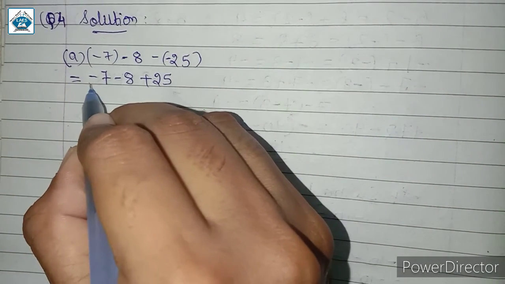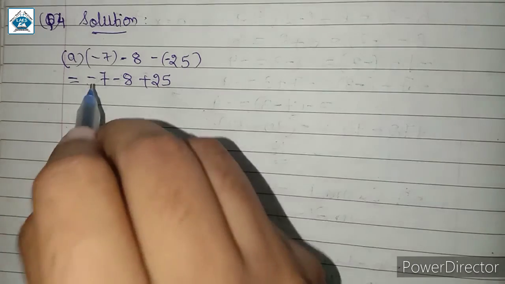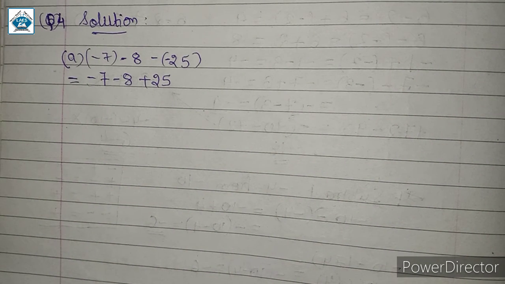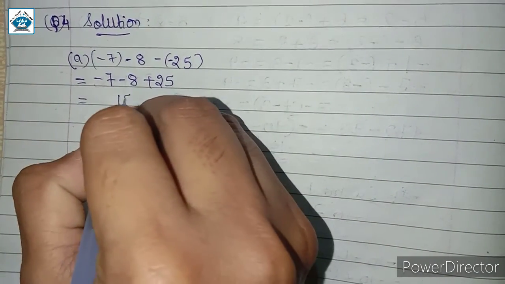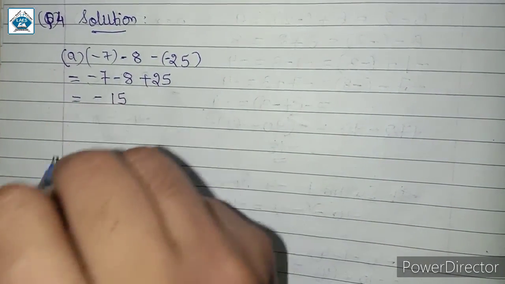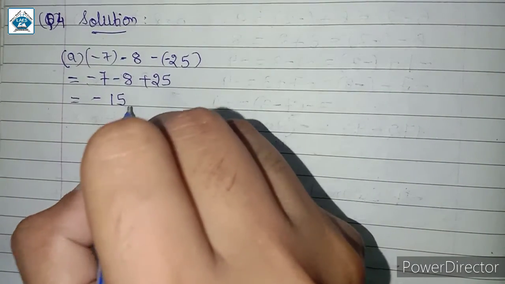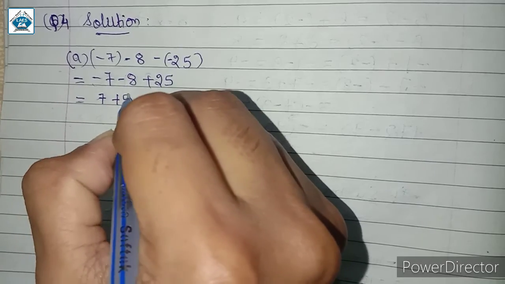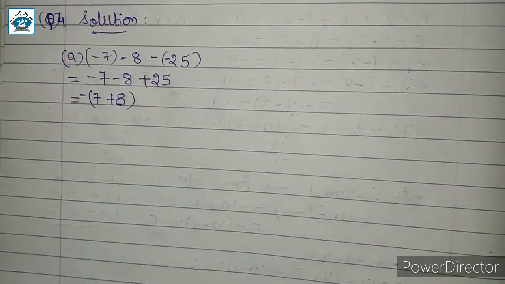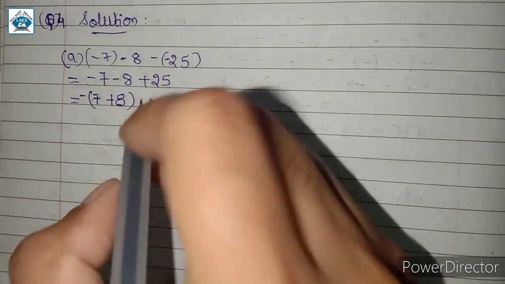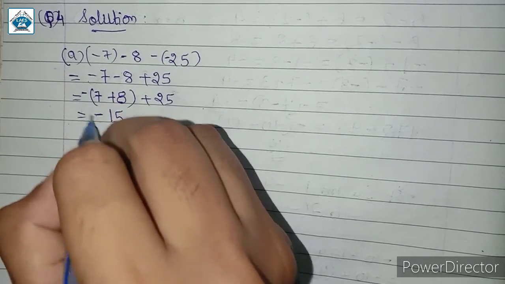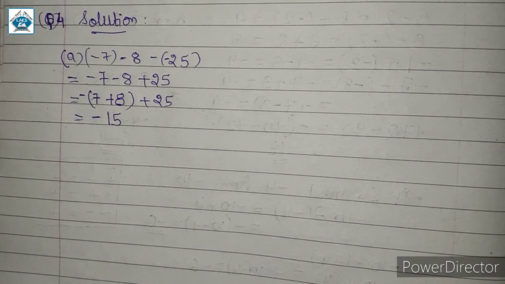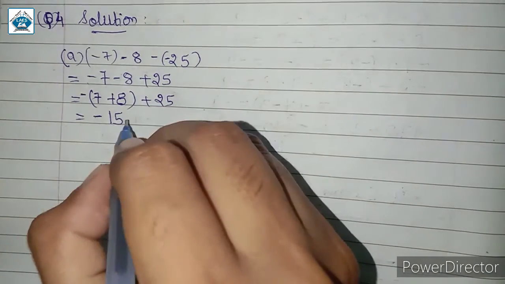अब यहाँ पे सबसे पहले अगर हम negative integers को solve करेंगे, so minus और minus क्या होता है, if both the integers are negative then we add. So first of all we will have 7 plus 8. 7 plus 8 करेंगे, then we will have 15 और ये क्या हो जाएगा, minus. ठीक है, what did we do? We did 7 plus 8. If you want you can write it like this, 7 plus 8 like so. Minus common निकालेंगे, so ये हो जाएगा 7 plus 8 and plus 25 as it is. So 7 plus 8 क्या हो जाएगा, 15. Minus was outside the bracket, then we will write minus 15 and here we have plus 25.